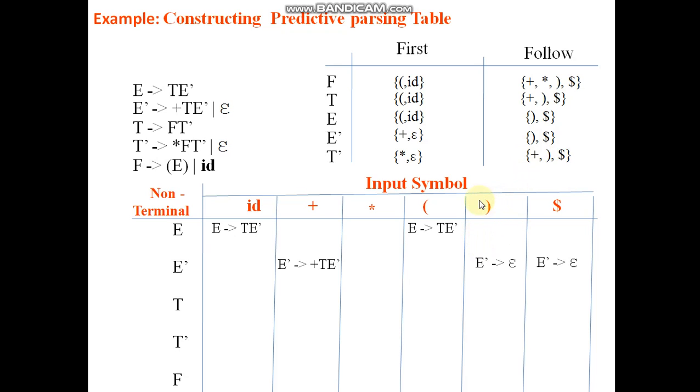Look at the follow of E dash. Follow of E dash contains dollar and right parenthesis. Therefore, for each terminal symbol column, that is right parenthesis